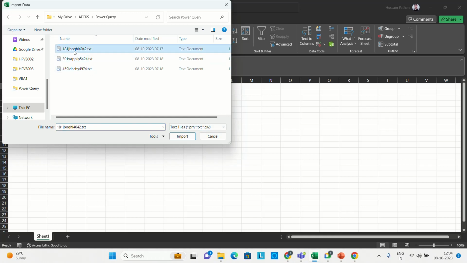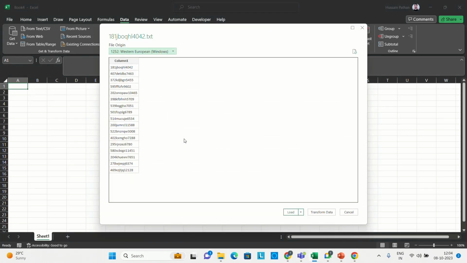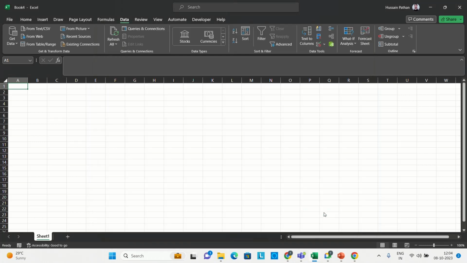तो यहाँ पे हम क्या करेंगे? यहाँ पे हम इसको टेक्स्ट फाइल को ब्राउज करेंगे, हम यहाँ पे इसको सिंपली इंपोर्ट करेंगे। जैसे ही आप इसको इंपोर्ट करते हो तो ये आपको एक प्रीव्यू देता है कि इस तरीके से आपका जो डेटा है पावर क्वेरी का जो एडिटर पेज है उसमें आपको इस तरीके से डेटा दिखाई देगा। वेरिन यहाँ पे आप देख रहे होंगे हमने कॉलम को नाम वगैरह कुछ दिया नहीं है, पावर क्वेरी ने ऑटोमेटिकली सेंस कर लिया कि दिस इज द डेटा विच इज इनटू अ कॉलम फॉर्मेट, राइट? तो यहाँ पे ये कॉलम में आया हुआ है। नाउ वी नीड टू जस्ट ट्रांसफॉर्म द डेटा।